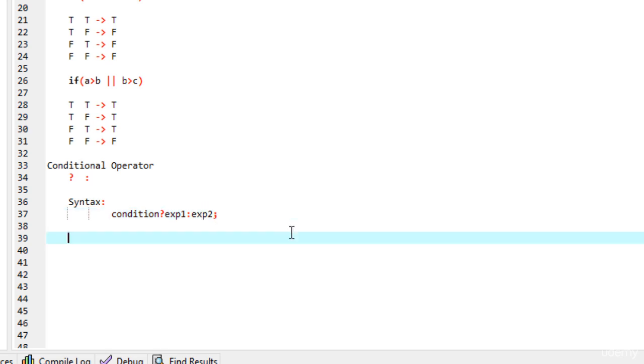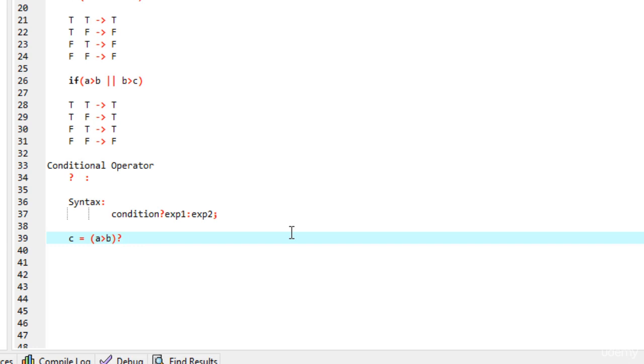Suppose you have three variables A, B and C. A has some value, B has some value, and you want to store the greater value between the two into the C variable. Then you can write C is equal to, and write the condition A is greater than B. So if it is true, we write question mark for true.